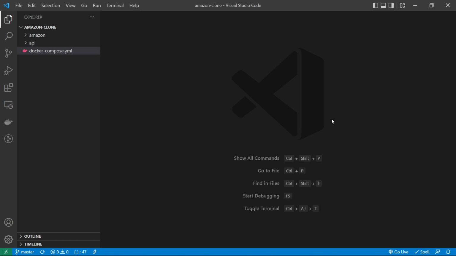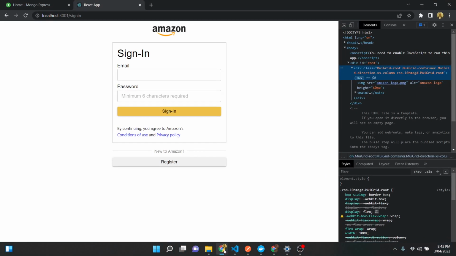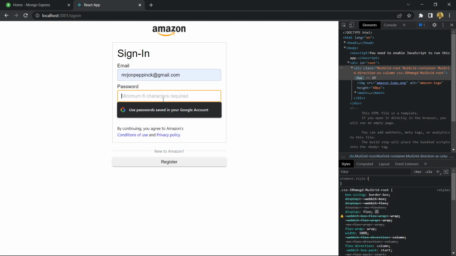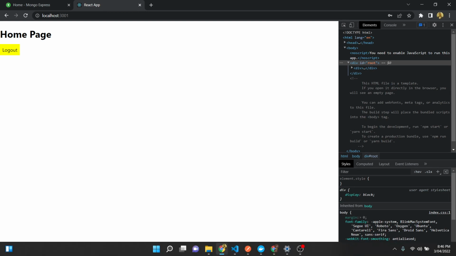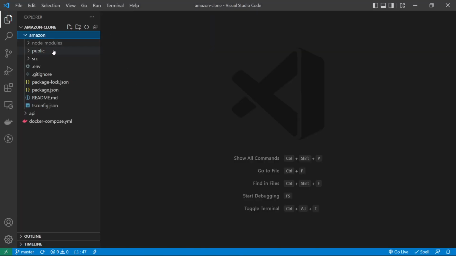Now, in the previous video, at the very end of it, we set up our Redux Toolkit store, and there was just one little error with that. So if we take a look at the front end here, and we sign in and enter the password, we can see that we're not getting the name that we want to display there. The reason for that is we didn't actually set the state. So let's go ahead and work on that for a few minutes, and then we'll get into doing the